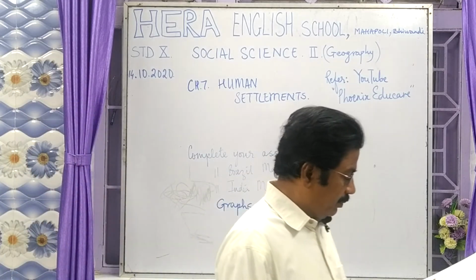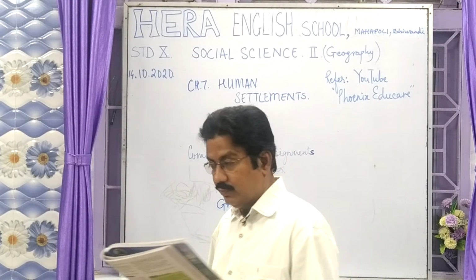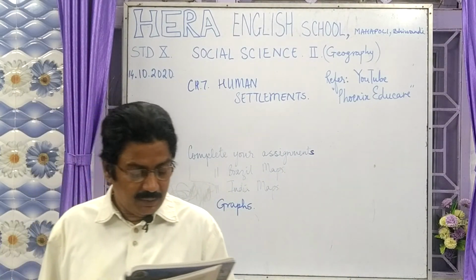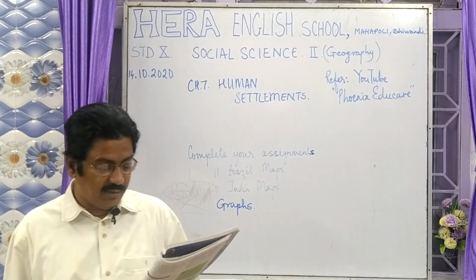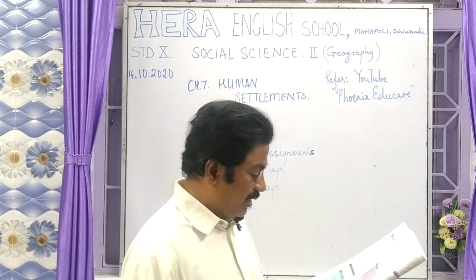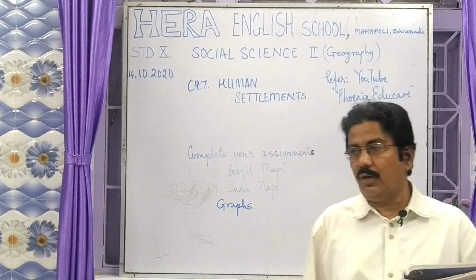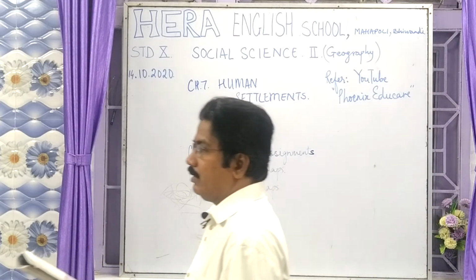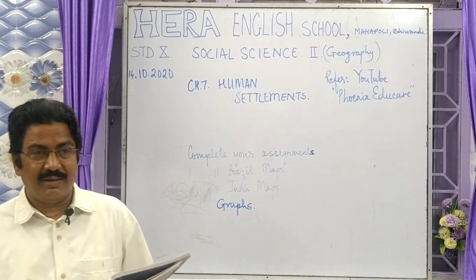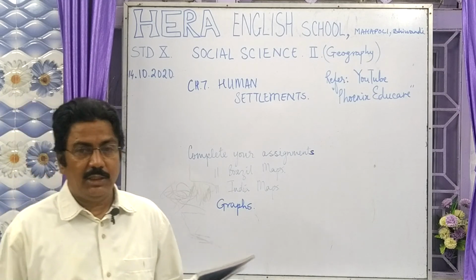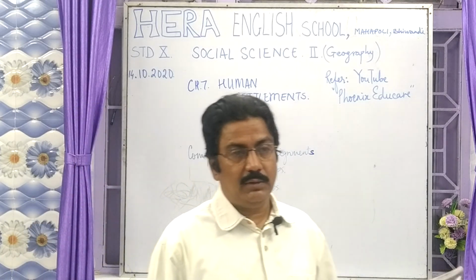So prepare a choropleth map showing the urban population using the data given in the table below. This is from the 2011 census. Serial numbers 1, 2, 3, 4, 5 are given, and the urban population percentage is given for the various states of India. First and foremost, you will have to draw the complete states of India, or you can purchase a ready-made map, but it would be much more preferable if you know how to draw each and every state correctly, because any question may be asked where you have to draw a state in the board exam.